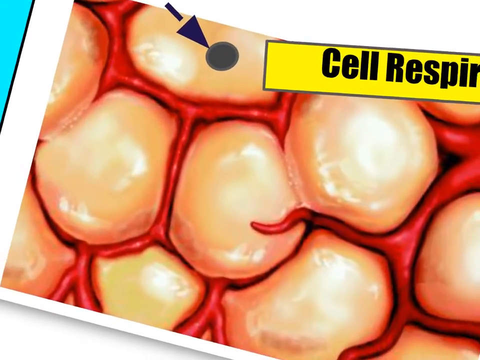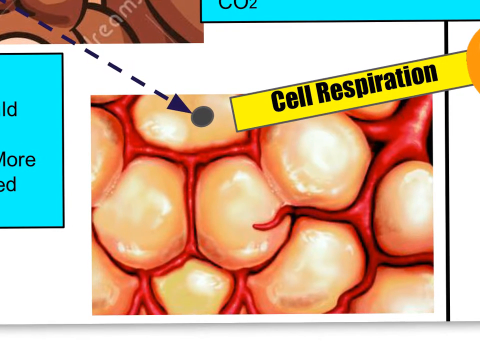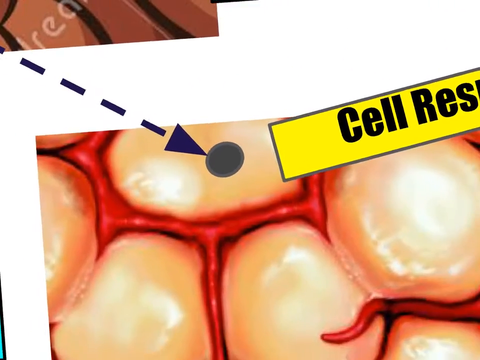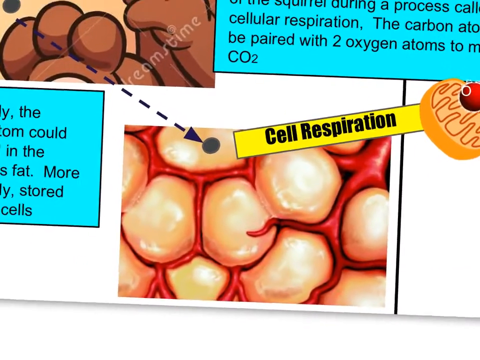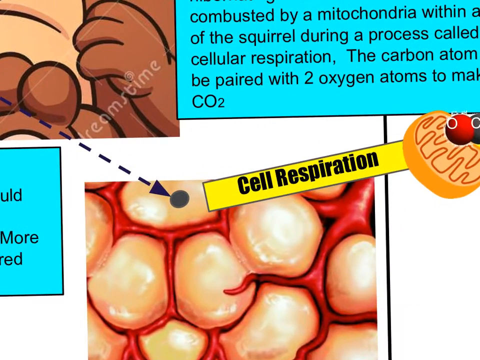It's a gross looking thing. This is a great visual here. You can see some blood vessels surrounding the adipose tissue. So yeah, the carbon atom that was taken in by that squirrel is now part of this fat cell right there. And of course, we don't make fat